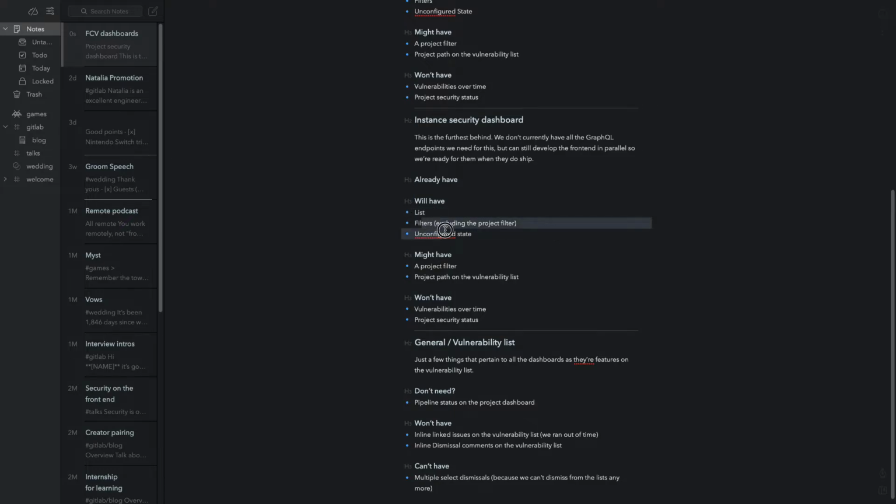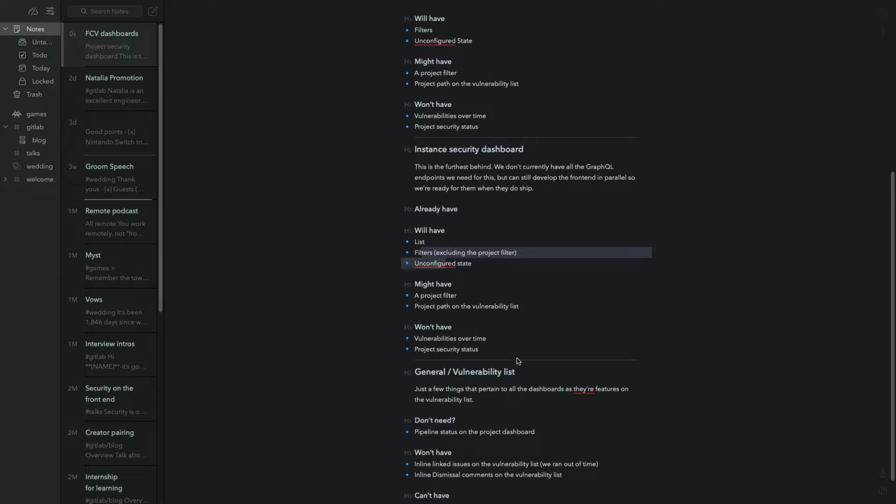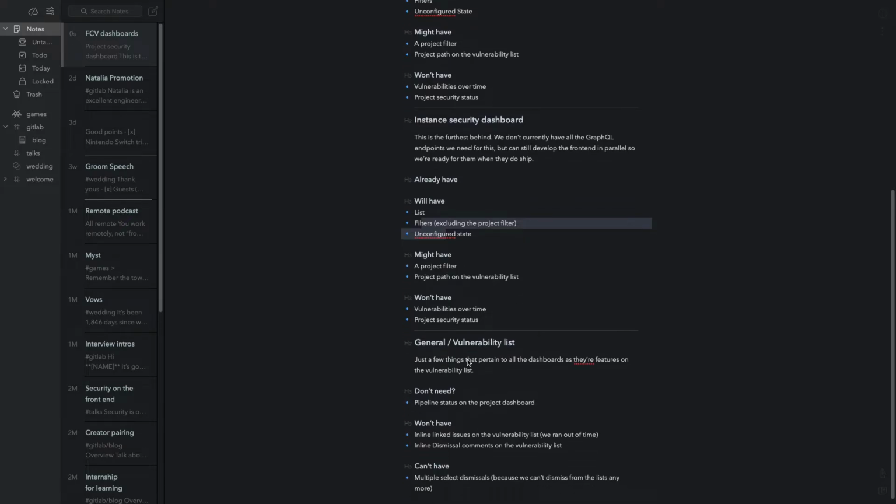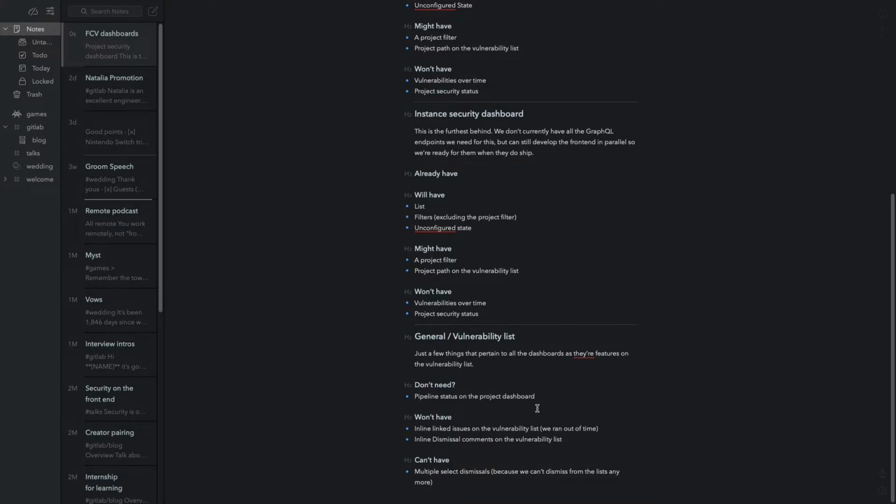And then again, the same thing as I said for the group dashboard: filters, excluding the project filter, and unconfigured state. They'll be relatively simple to add. We just copy what we did on the project dashboard. And chances are by the time we get around to doing this, these will be a lot easier to add because the things will already be merged into the master branch. Okay,